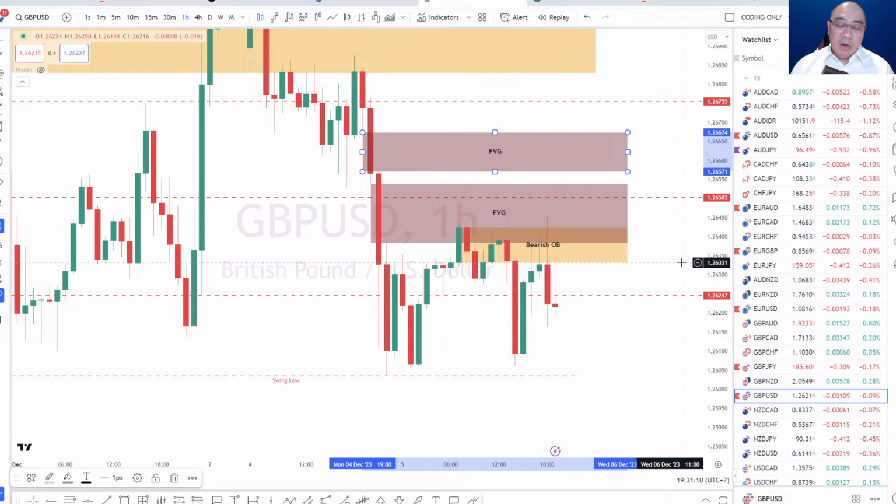The reason why it's called fair value gap is that it's an assumption, right? It's an assumption that there's actually a little bit of an imbalance in the market, all right? We can identify a lot of fair value gaps, but we'll always use the latest fair value gap. And if that fair value gap is corroborated with something else, like an order block, then we'll take that as a stronger resistance.